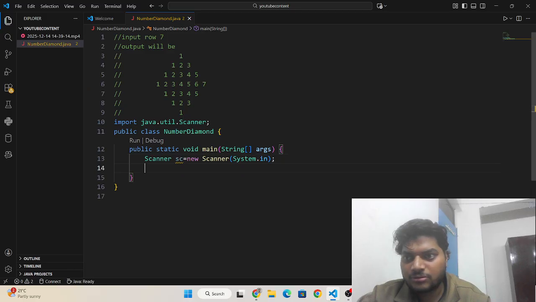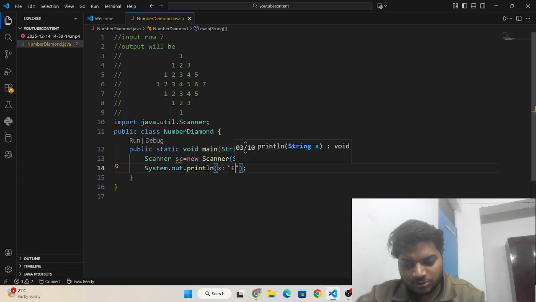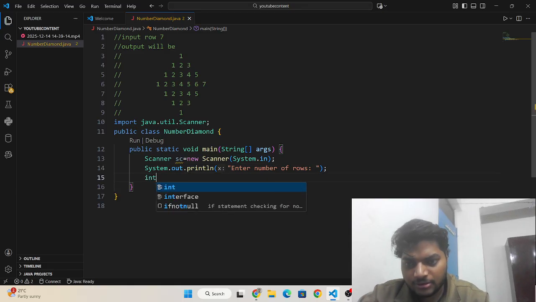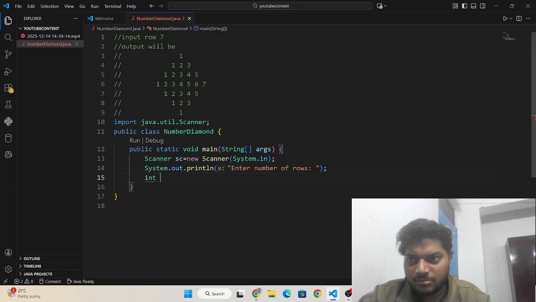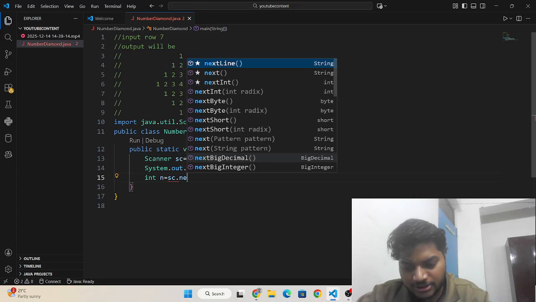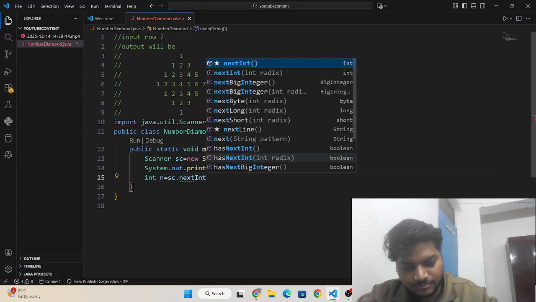Now I need to write a message to ask the user to enter the number of rows, and then I need to take that number with the help of the variable n: sc.nextInt().